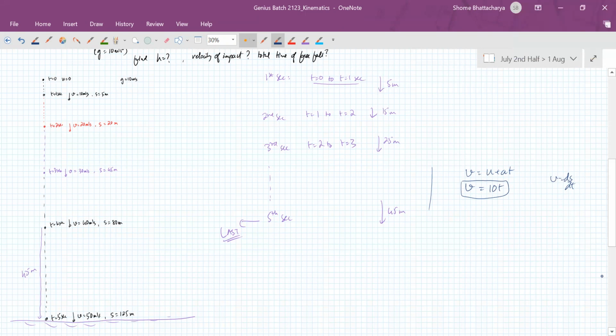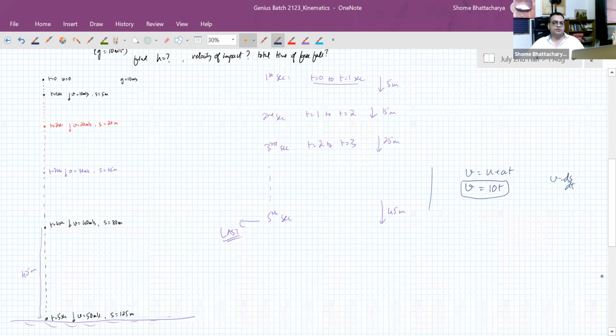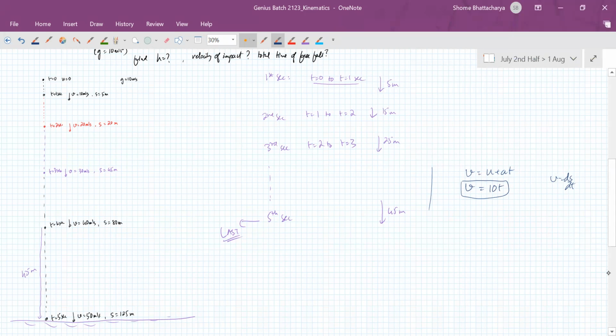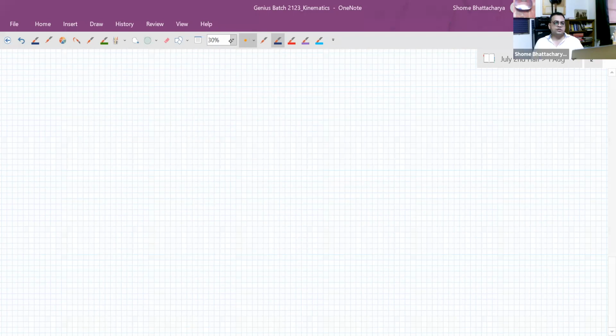But see, 1 second is a large interval of time. So one thing I can use is the concept of average velocity. If I ask you what is the average velocity in the last second, then that answer is 45 meters per second. You're understanding now? Yes, sir. So we can't say instantaneous velocity is 45 meters per second because that is how the, see, if